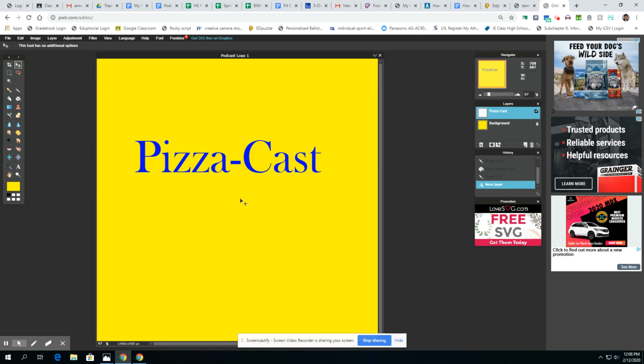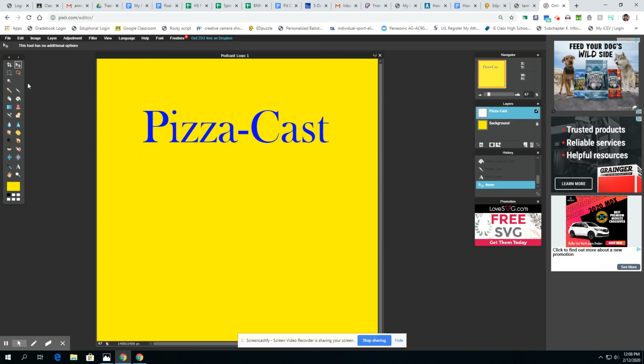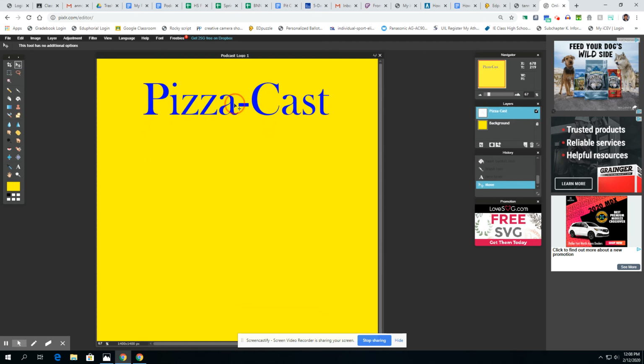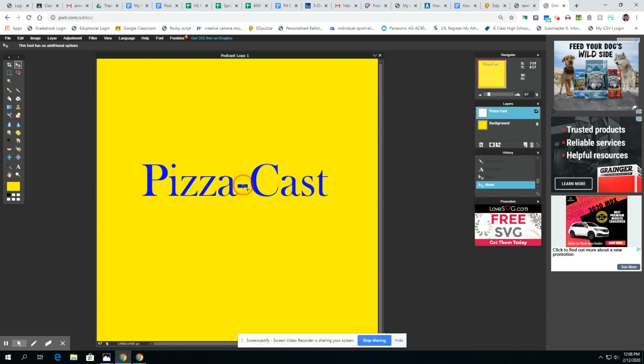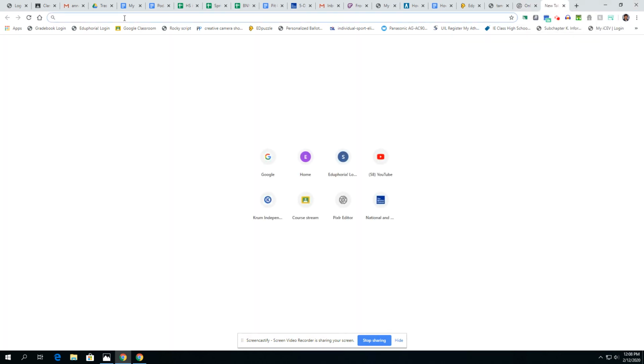And then over here, we have our layers of these. You can stack stuff on top of each other or on bottom, depending. And then you can use our selection tool over here and move this text wherever it is that we need it to be. Haven't decided just yet how I want to do that. So next thing I want to do is some other things I want to incorporate here, some images. So I'm going to open another tab up here, go to Google,